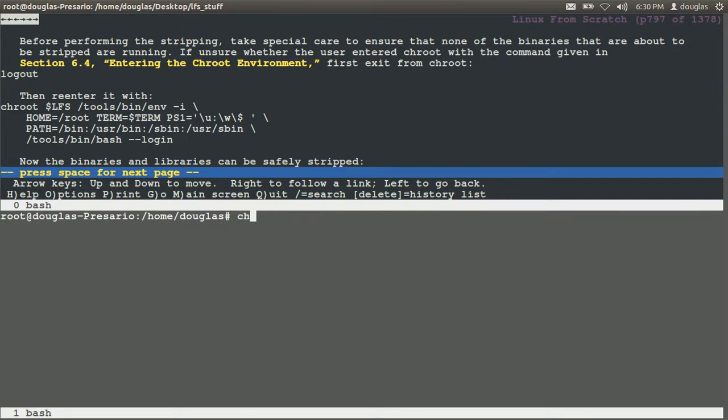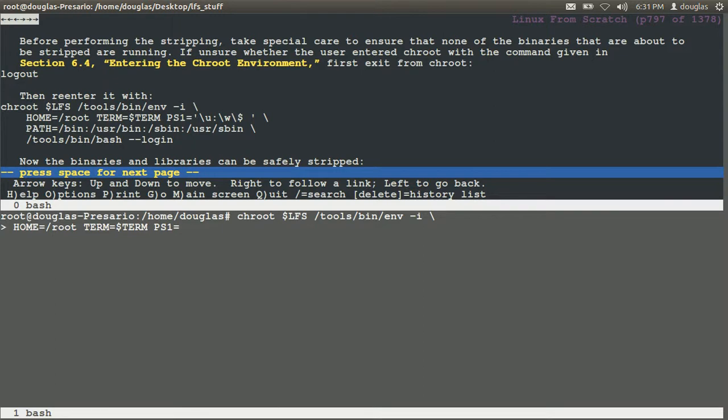Let's type this in here. Let's say chroot. These are different chroots, okay? The pathway is a little off. Not a little off, but they're different. So I'm going to type this in by hand here. I could edit the other one, but I don't want to. So we could say chroot $LFS /tools/bin/env -i HOME=/root TERM=$TERM